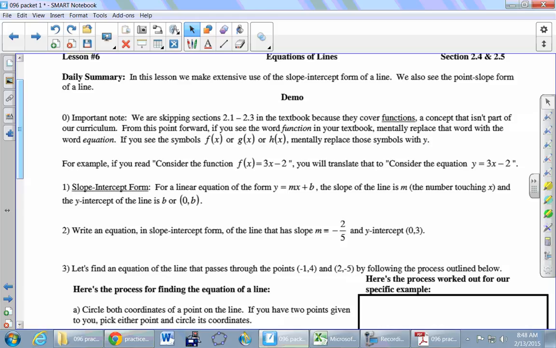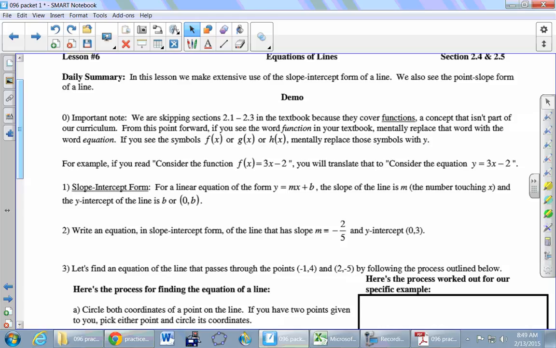Okay, so that slope intercept is that mx plus b, which we will see today. I'm going to read number 0 here. It's an important note. It says we are skipping sections 2.1 to 2.3 in the textbook. You see that we're up here at 2.4 and 2.5 today, and we're never coming back to 2.1 to 2.3